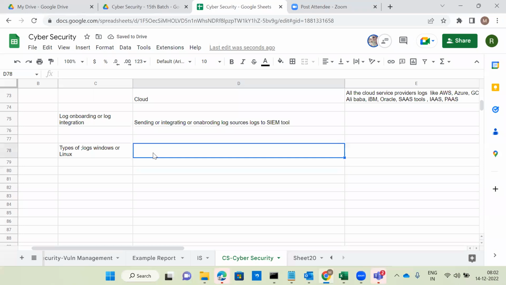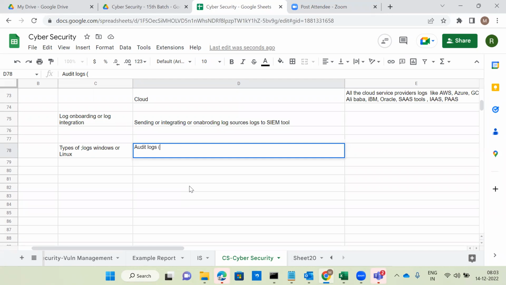Okay. So one is audit related logs. When you say audit related logs, it's authentication failure and authentication success: login failures, login success. In case you want to see in your laptop what different types of logs are generating, we have to go to the event viewer. Under the event viewer, we can see, for example, application related logs, system related logs, configuration related logs, and log forwarding or event forwarding. Normally, everything will be generated.